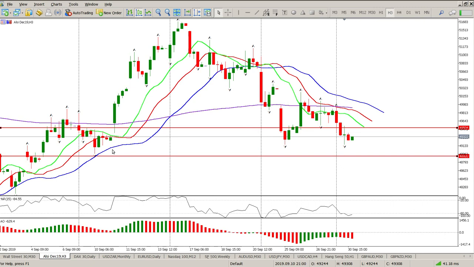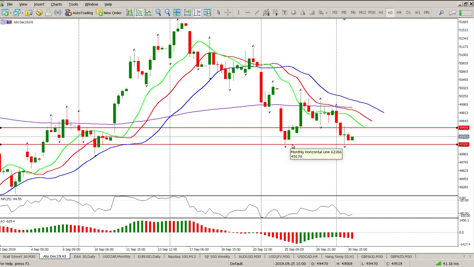Then we have sort of a bigger cup and handle here at the moment. Head and shoulders, cup and handle. Doesn't matter which way you look at it, but there's definitely merit for a break to the downside here. The only thing I'm looking at is to see whether this is a double bottom, and that's my line in the sand. Any long that you want to take,